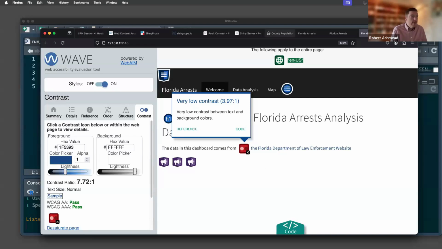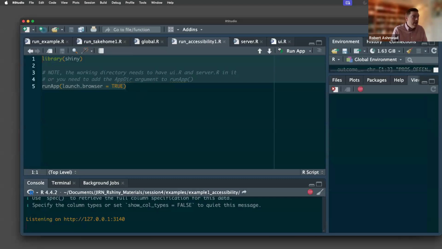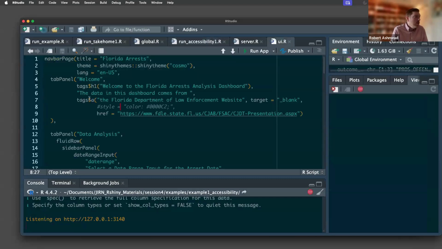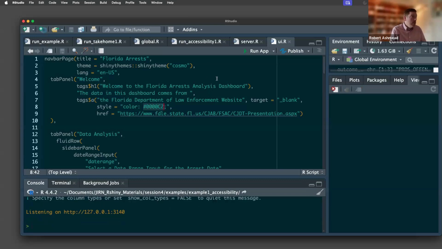And so I actually did that. I have it commented out here. I have where I made this link to this Florida Department of Law Enforcement website. I can actually add an argument here called style where I can change the actual color of this. So I picked a color after going through that exercise with the Wave tool to find one that met the standards, and I put it in here with just the color tag. So if we were to rerun this,